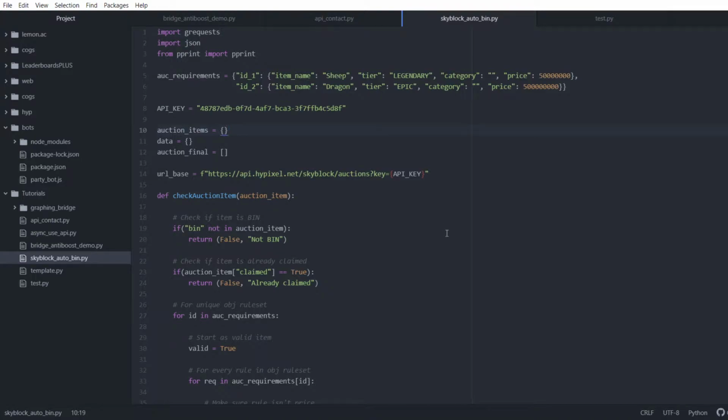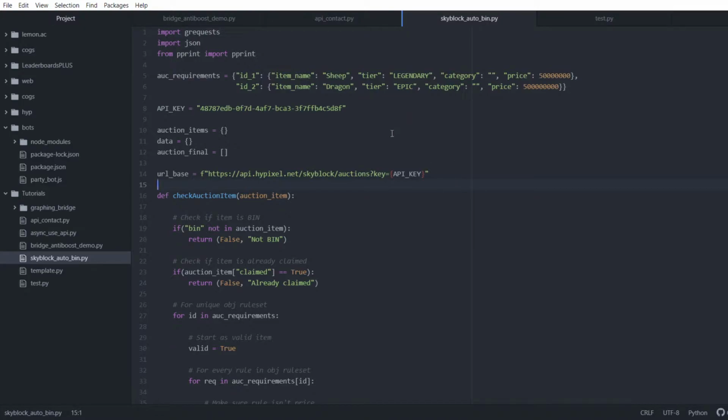In this episode I'm going to be going over not too much of a tutorial. We're not going to be looking at any specific endpoint, but we're actually going to be looking at how we can implement one of the endpoints. So I recently did a video on the auctions endpoint. So in this video we're going to be going ahead and making an auction scraper, or at least I already made one. It's very simple, and I'm going to be going over how it works